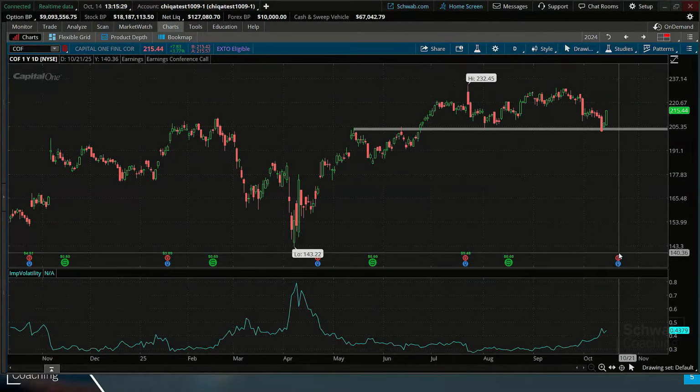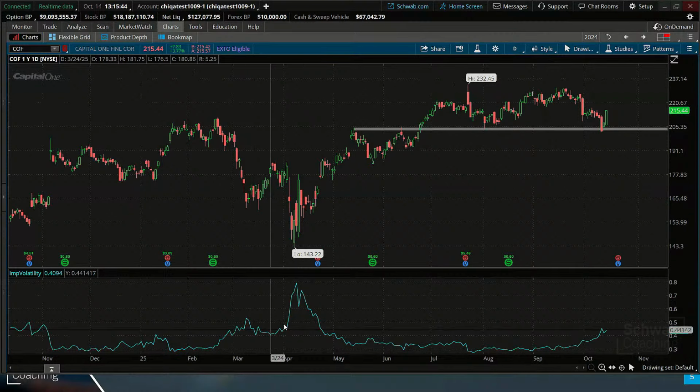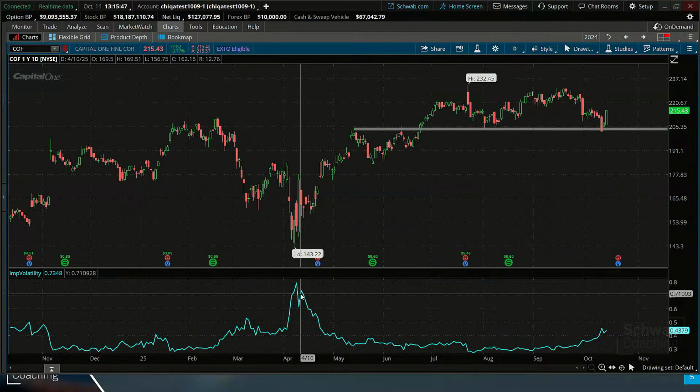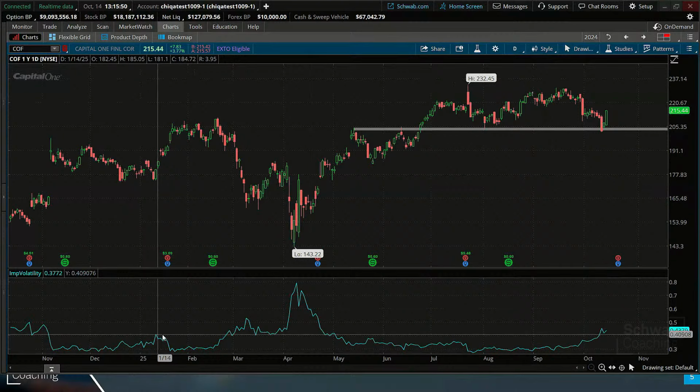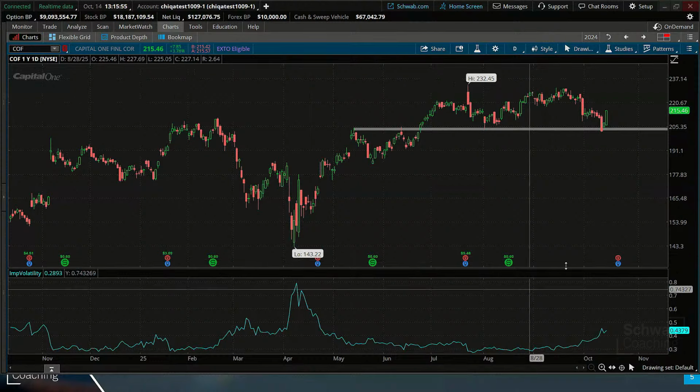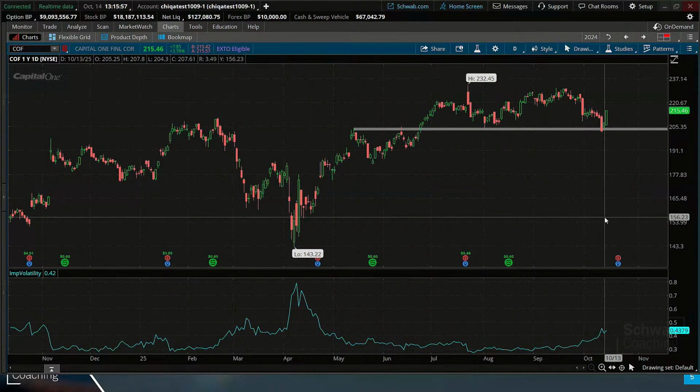So that's also why we're seeing that increase, because right before a possible earnings event, Fed announcement, whatever it may be, that's some type of uncertain news that's going to impact the stock, we're going to see an increase in implied volatility. We saw that leading up to earnings here back in April, obviously with that sell-off. We saw a little bit of an increase there back last in January as well. So that could be another factor that's obviously going to impact the price of our option. Leading up to earnings, we may have more elevated prices of the options.